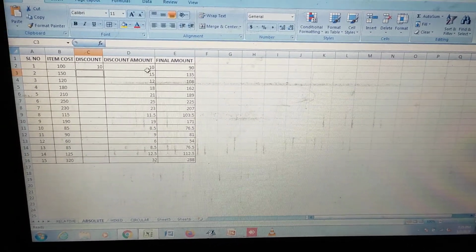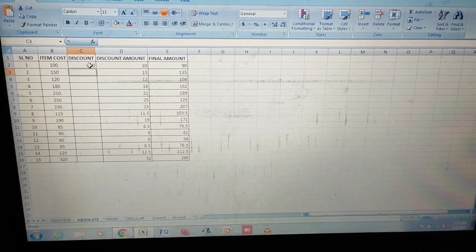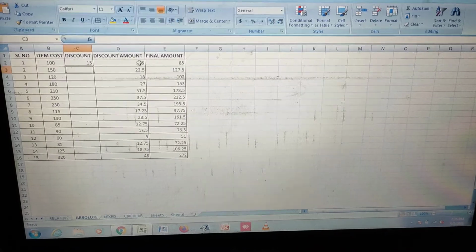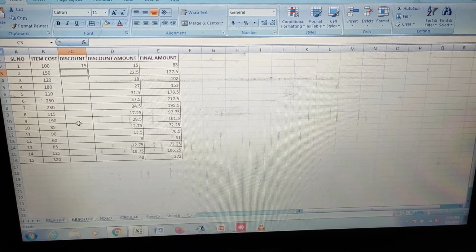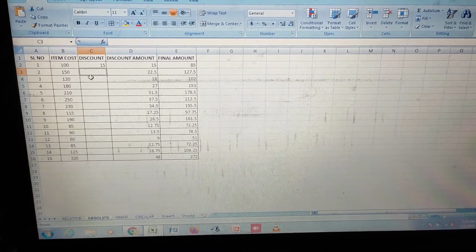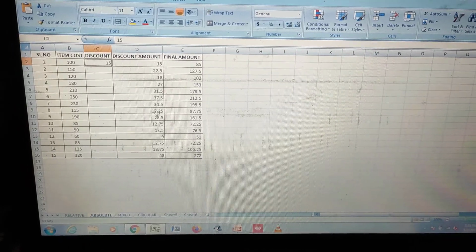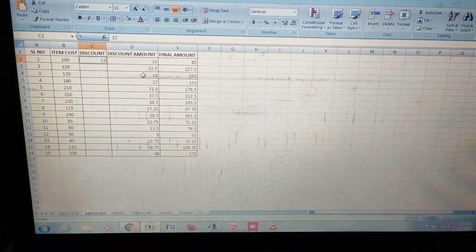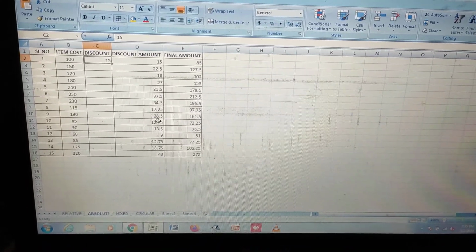You see everywhere it will be changed. If you want to give 15%, automatically it will change. So no need to change in every cell, no need to copy in every cell. In one place you change, in other places it will change automatically. It will copy the formula. That is called absolute cell referencing.